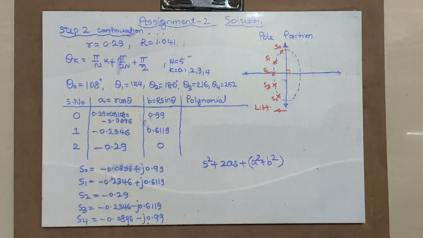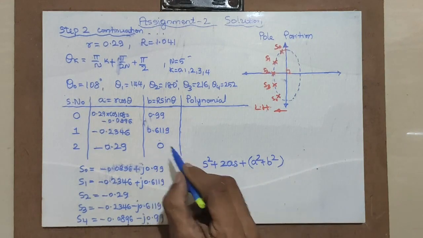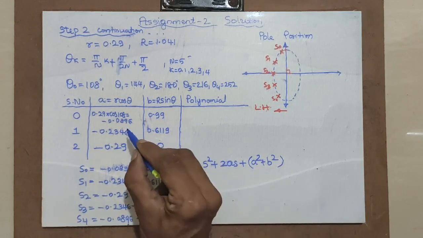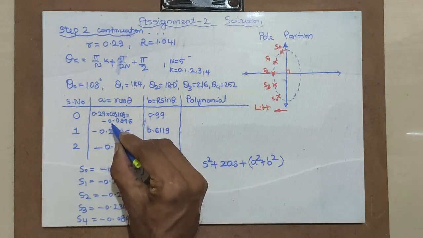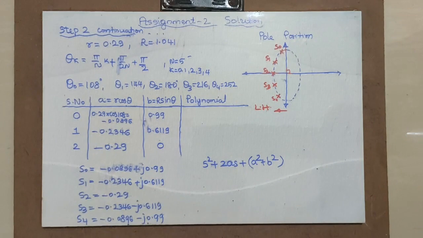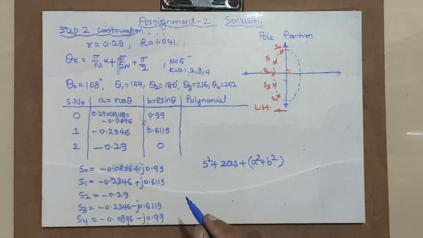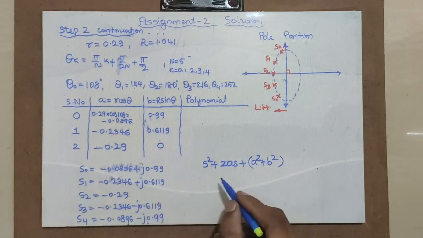I had told you this in the previous video, but I had not applied it. In this video I have applied it. For example, one important thing is that for A, you only have to take the magnitude. Although it has come out to be minus 0.0896, you have to take it as 0.0896 only. This is important. No minus values here. Why? Because it becomes S minus S0, isn't it? Hence no minus values, only plus values you have to take.